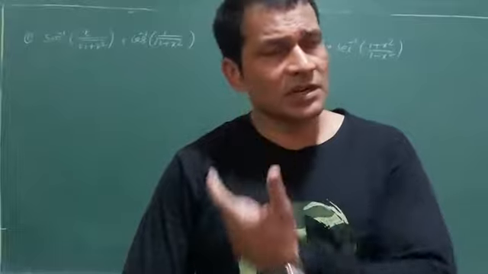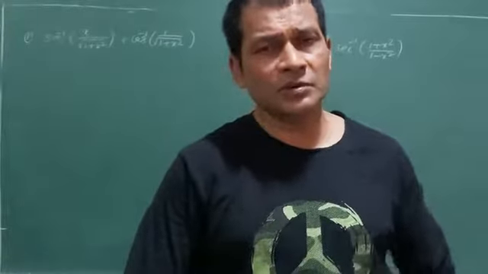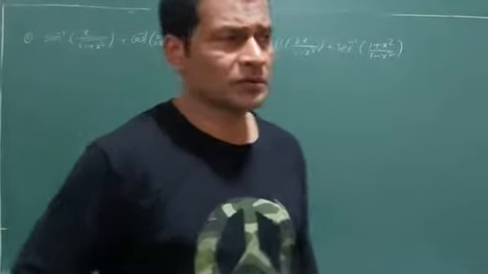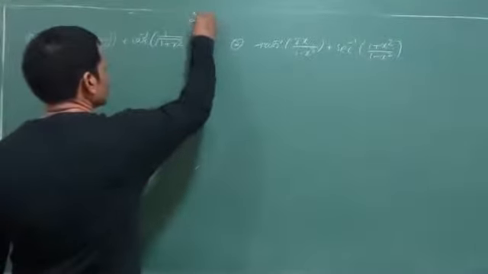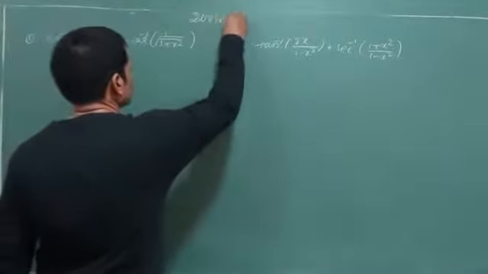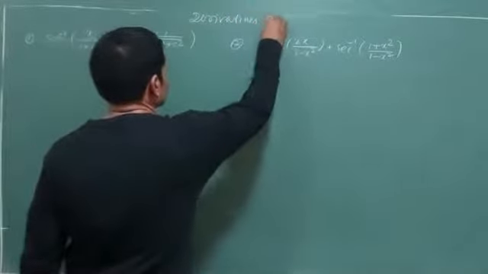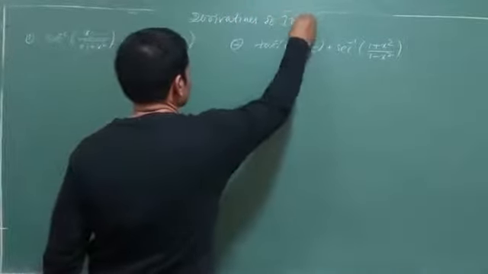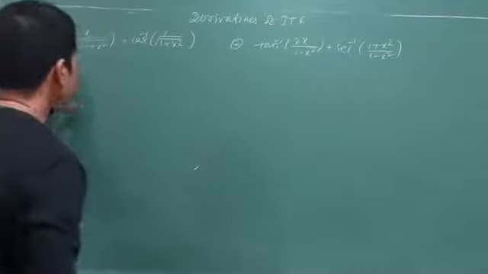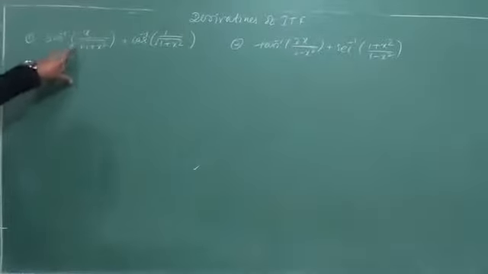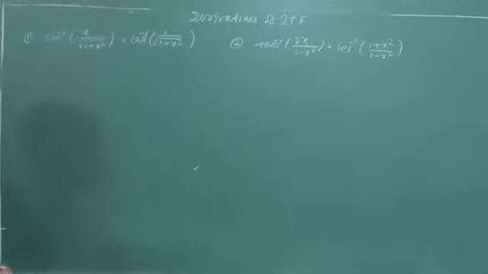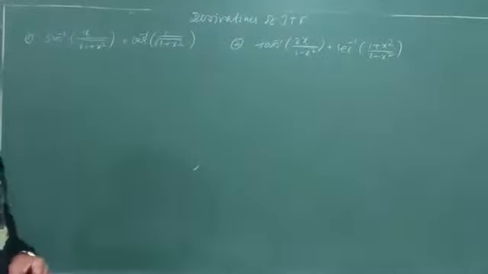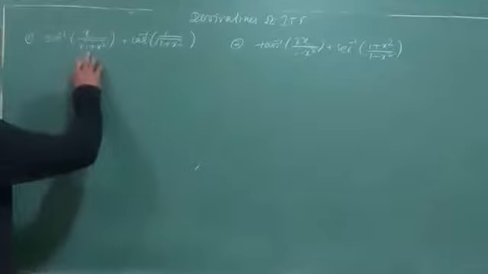Yesterday you had done inverse trigo. So we are going to wind up this topic today, derivative of inverse trigo. In this question I will consider y = sin inverse x by under root 1 plus x square, plus cos inverse 1 by under root 1 plus x square. I cannot solve them directly to find the derivative. So first I have to see what link I am getting.